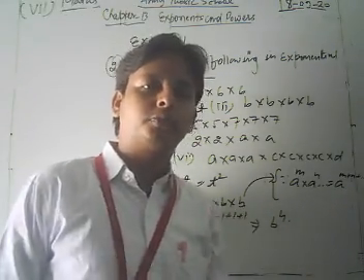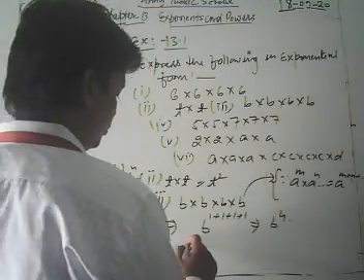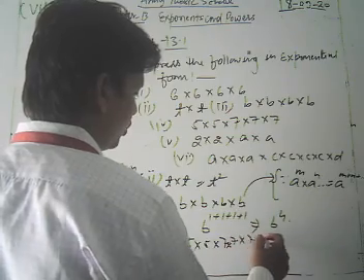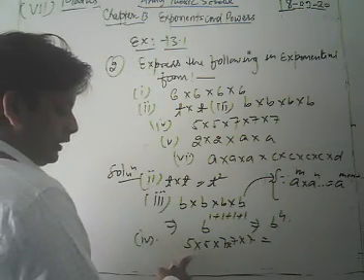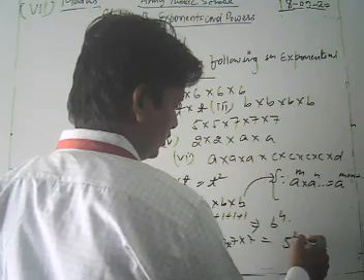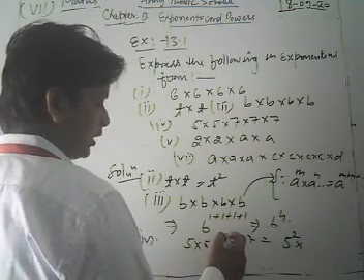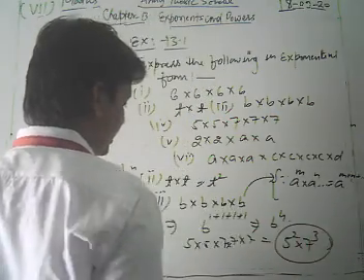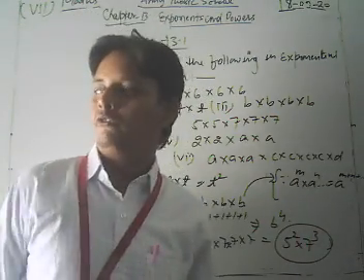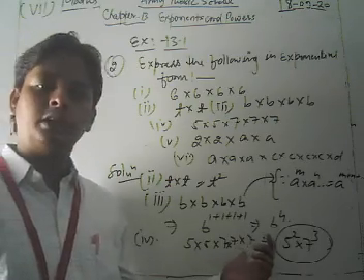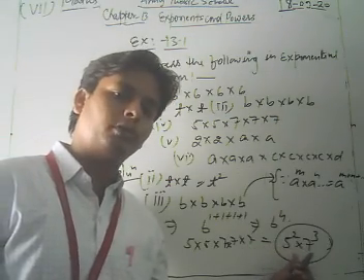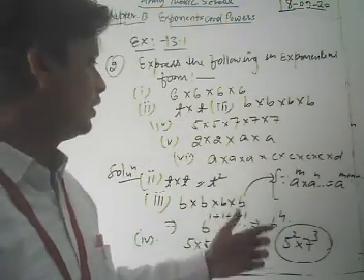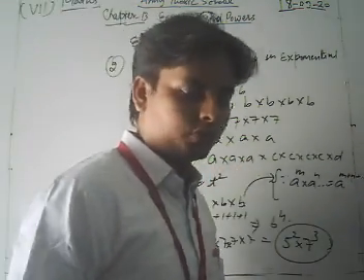Now we take the fourth part of this question, which is 5 into 5 into 7 into 7 into 7. Now look here, 5 appears 2 times, so we get 5 squared, and 7 appears 3 times, 1 plus 1 plus 1 means 3, so 7 to the power 3. So the exponent form of 5 multiplied by 5 into 7 into 7 into 7 is 5 to the power 2 into 7 to the power 3. Similarly, dear student, we take and solve the next part of this question.